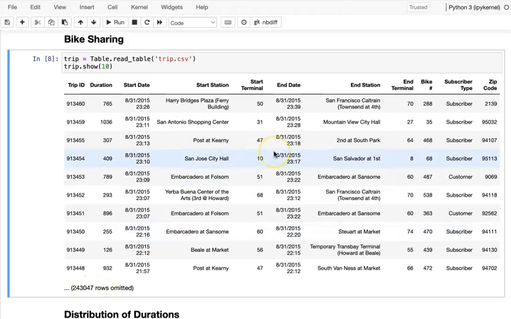So each row displays the trip ID, so for each trip they have the information. They have the duration, the unit is seconds. They have the date, the time they start, including not only the date but also the time, and the end date. Then they have the start station and the end station. They have the terminal name and terminal number. You have the bike number. We have the rider, whether they are subscribed or not. Then they have the zip code. So that's our bike sharing information.